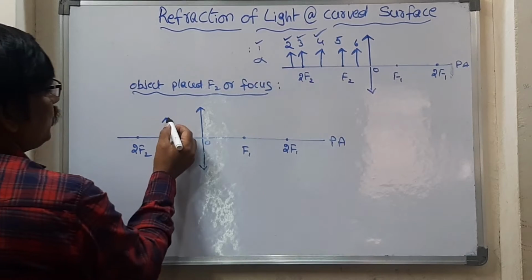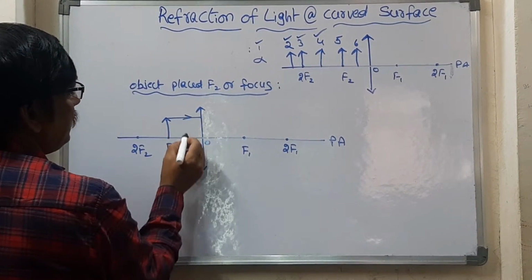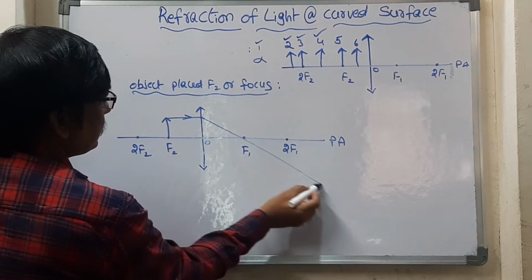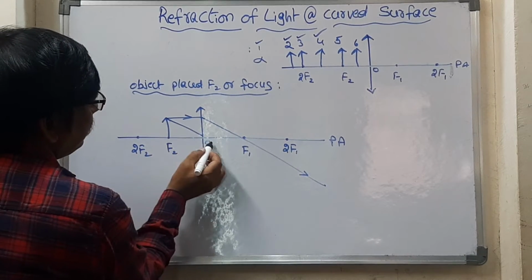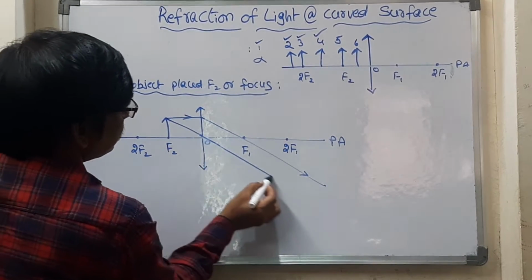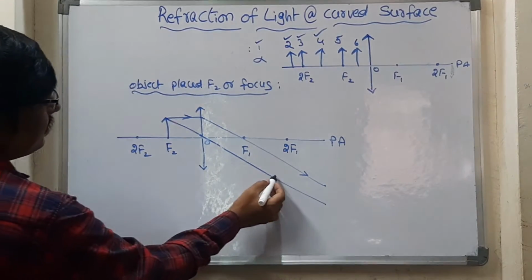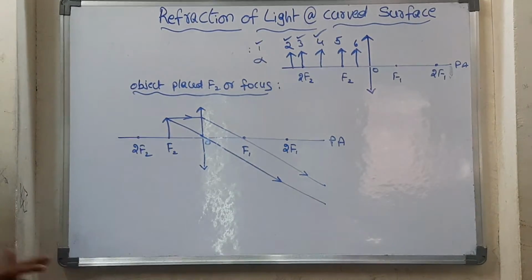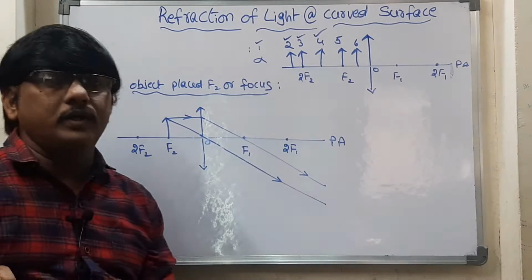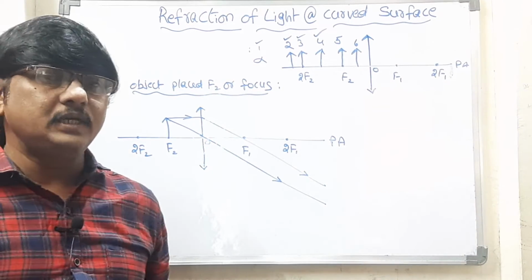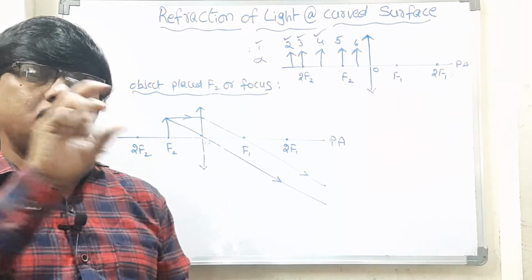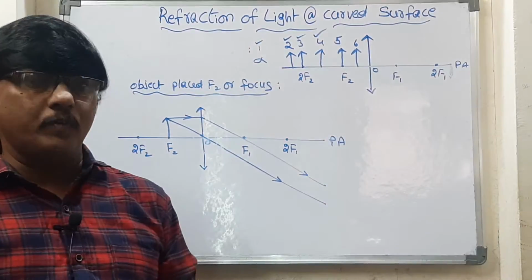So how many rays? Two rays. First ray parallel to principal axis, so that passes through focus, as we know that. Next one, the ray, so it is the image. See, it is a peculiar case. Both we did not do anything. However, we are following the same procedure for each and every situation. The first one is parallel to principal axis, the second one is passing through optic center.